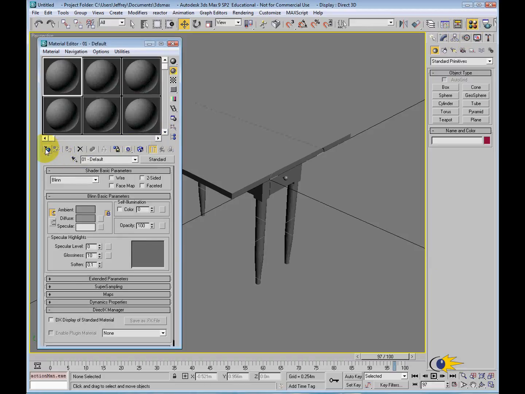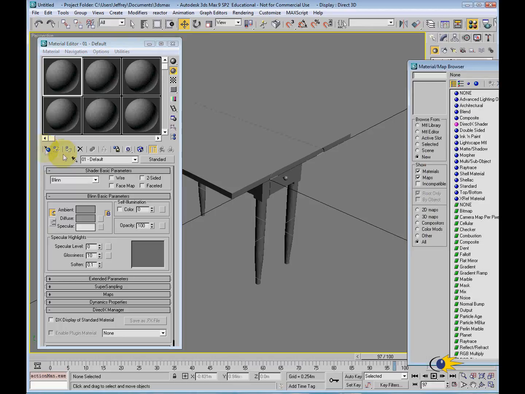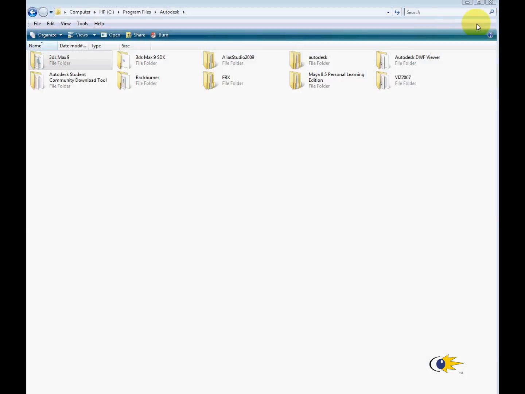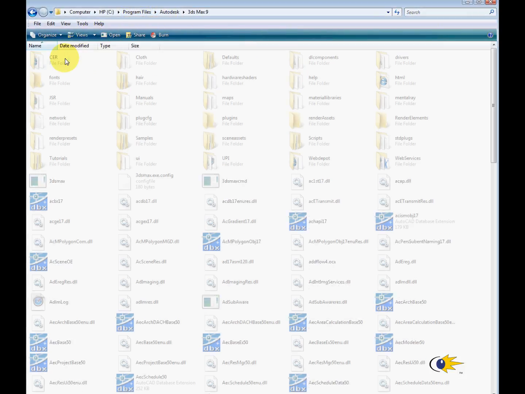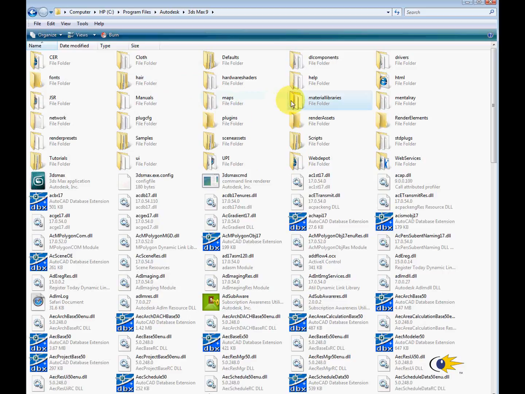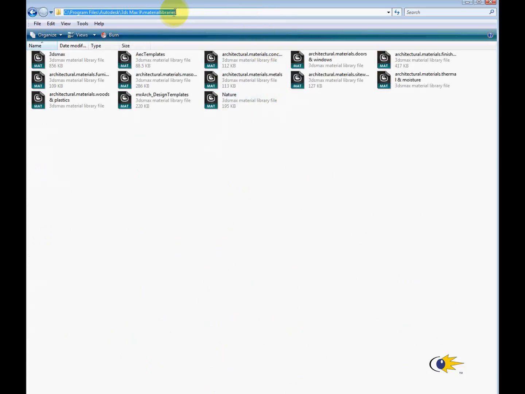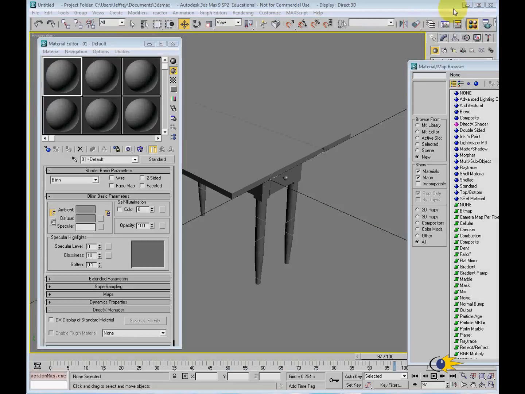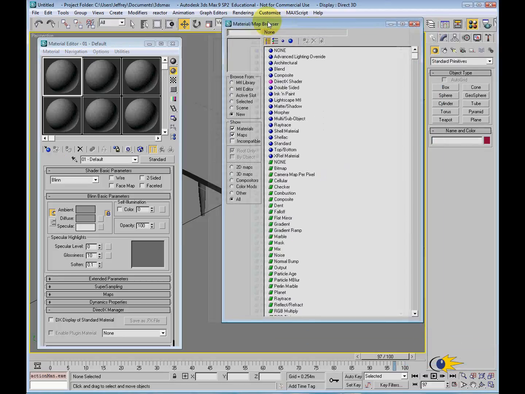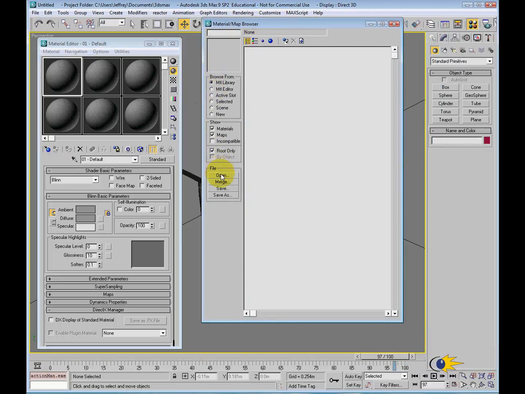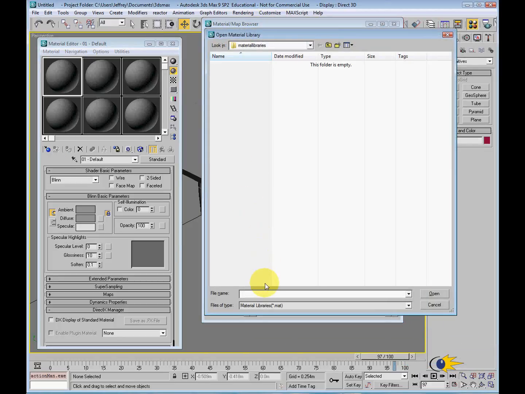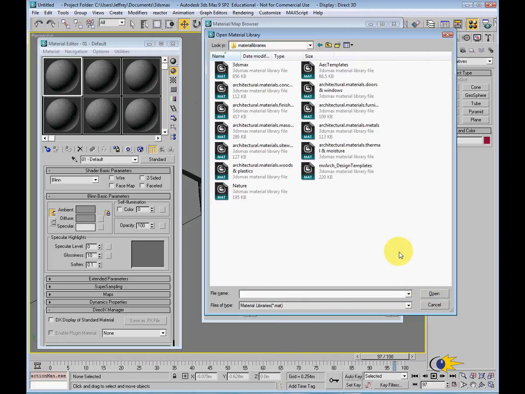Then what we want to do is grab the material. The material is always located in your drive where the program files are. So another way to do it, if you can't find a link to it, is go into your program files, Autodesk, and then copy this link again. You can also try, if you have a link already made, to copy the link that's provided for you on a server, but it's always located within your program files with the software, either 3ds Max or Viz. You can also try architectural